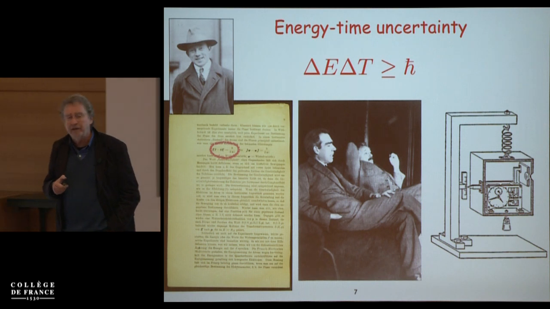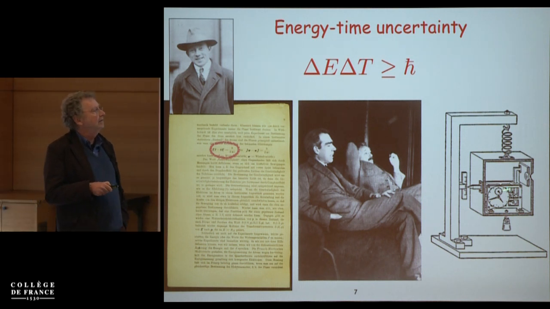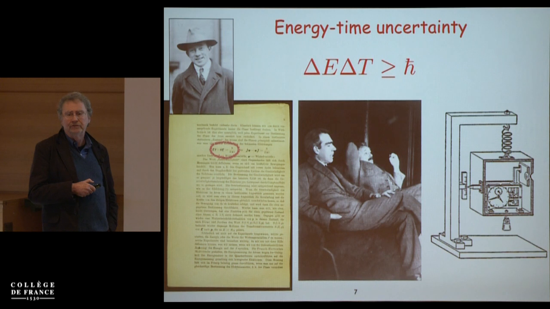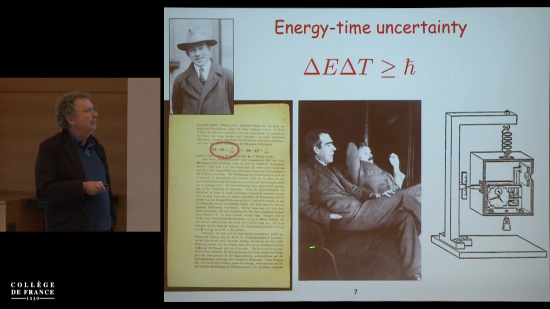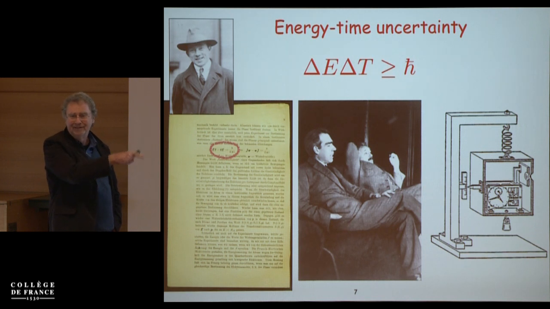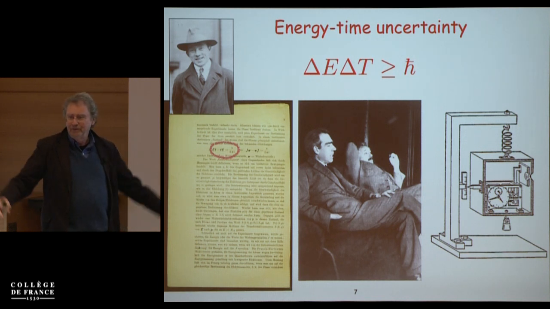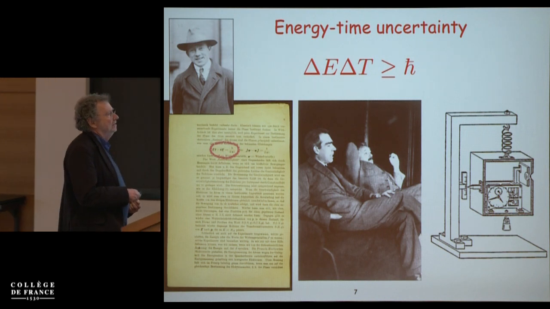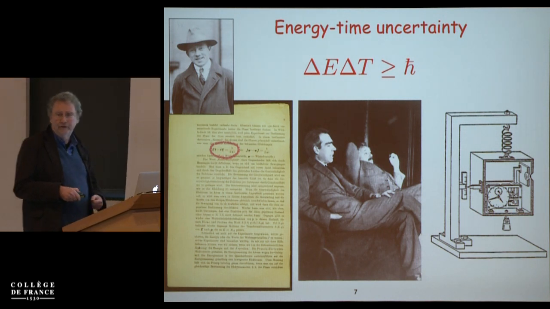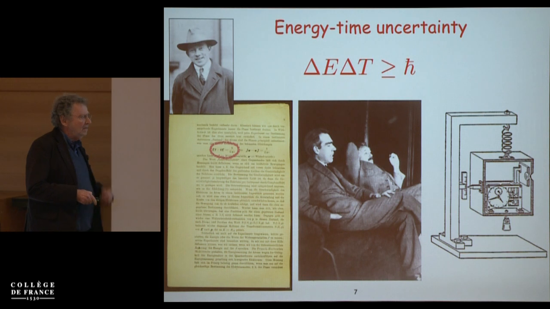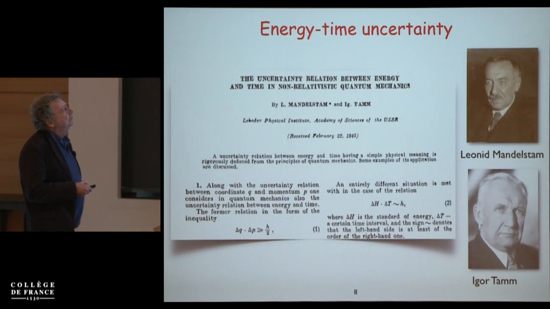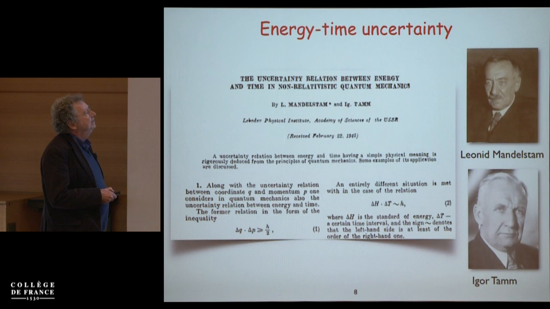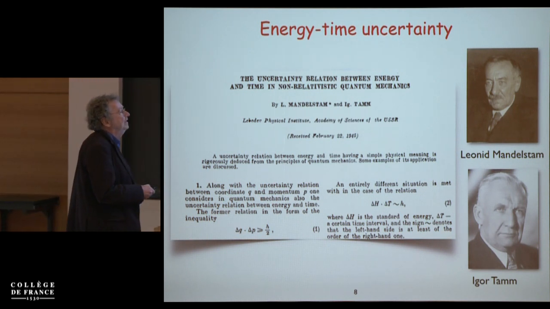It was not a correct argument after all, because it neglected the fact that the box is actually entangled with the photon that comes out. So by measuring the energy of the box, you change the energy of the photon as well. And therefore you change delta T for the photon. And you can show that if you consider the entanglement in this case, you satisfy this relation. Okay. Now, later on, in 1945, Mandelstam and Tamm had a very important paper where they derived